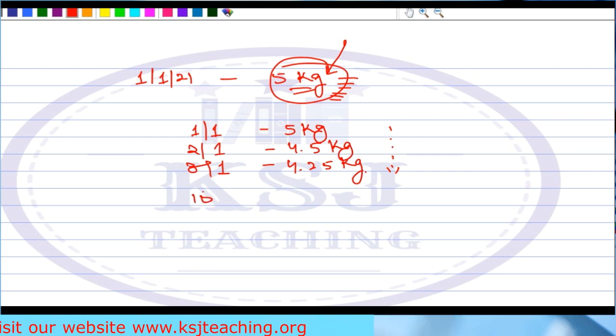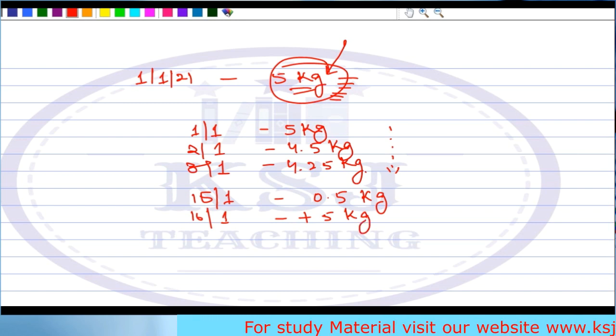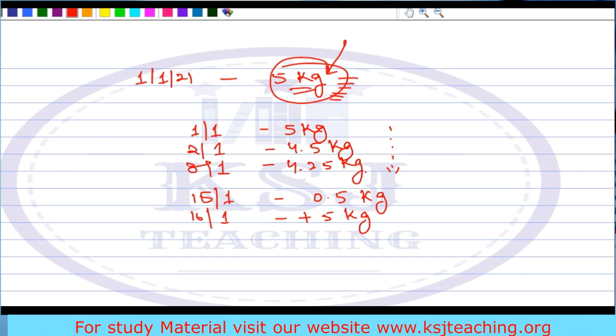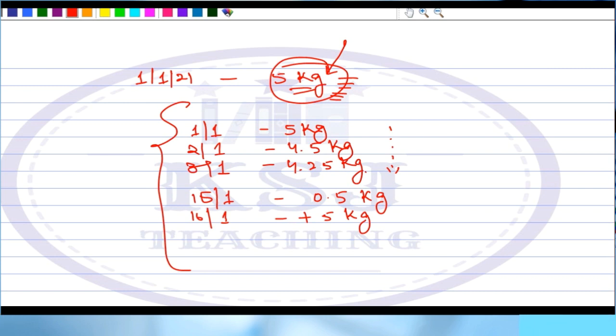After till 15th of January, say you are having just 0.5 kg. Right, on 16th your father will again visit and he will add 5 kg plus 5 kg, right, plus 0.5 kg. So on an average, what we take is, in a month, on an average, how much of the quantity you are carrying, right? Because we cannot say with precision how much quantity is being carried at a particular time,